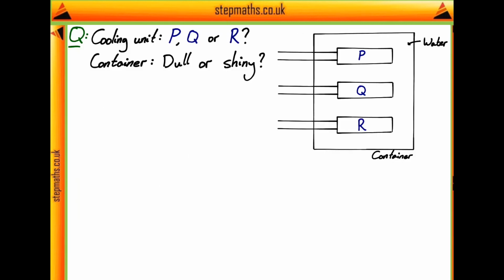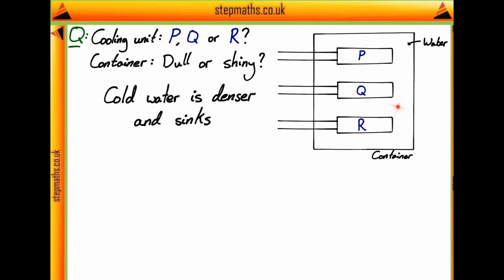Okay, so to go about answering this question, let's begin by thinking about the position of the cooling unit. It could be at either P, Q or R. But what's the difference actually going to be? Well, our cooling unit is literally going to cool the water around it down. And what do we know about cold water? Well, it's denser, so it's going to sink. So if we cool some water, then it's going to move down in our container